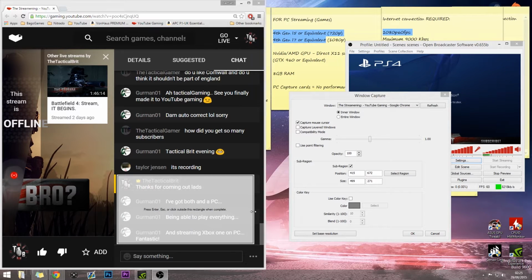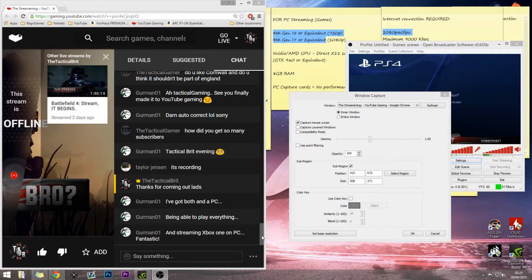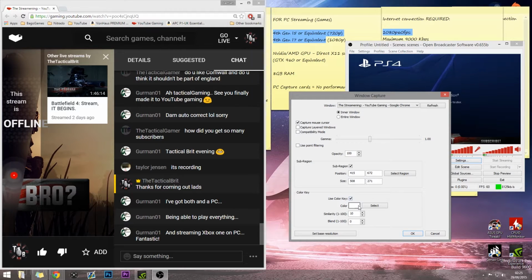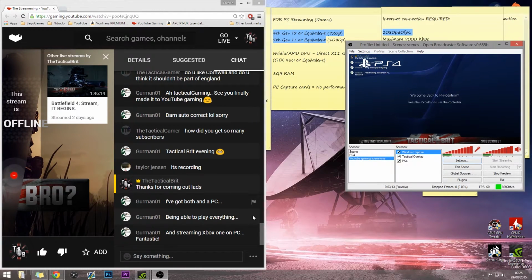Now, once you have that cropped in and everything looks fine and you're happy with how it looks, you're going to want to press Use Color Key. You're then going to press Select, hold down Select, and drag the color drop all the way onto the darkest color there, and hit OK. And now, as you can see on OBS, your chat has been overlaid onto your stream as a chroma key